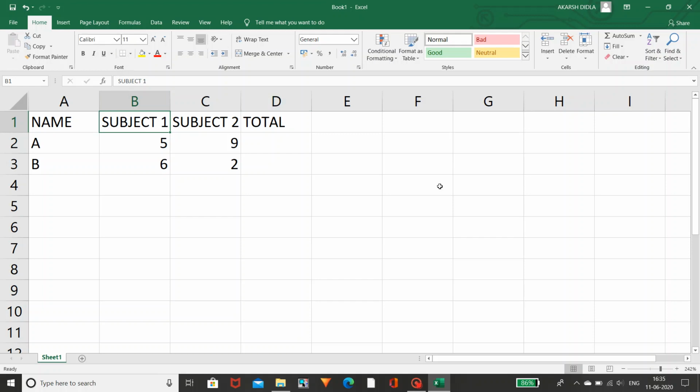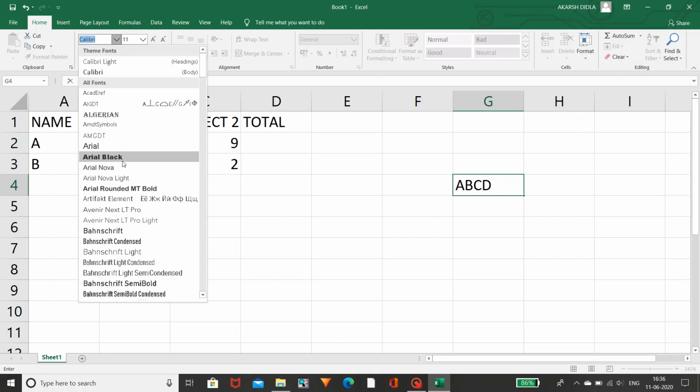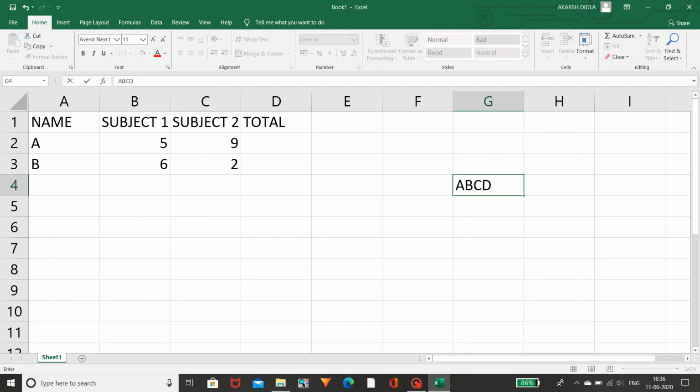As I am showing you, let us take an example here. A, B, C, D, like a small text I had typed. If you want to change the style for that A, B, C, D, you can go here. Likewise you can change the style. If you want to change it, there are different types of styles here. You can use any of these styles and you can change this. So I am selecting this. As you know, I hope you can notice the changes here.